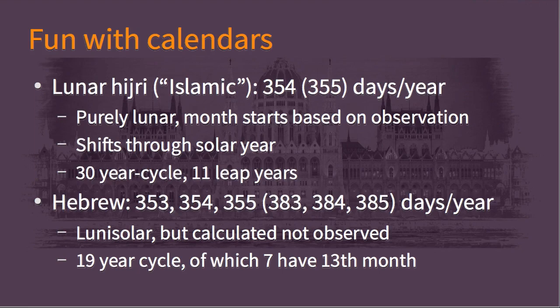Next, the Hebrew calendar has either 355 or 354 or 353 days, depending on some rules. And they sometimes throw in an extra month of 30 days, which makes the year much longer. It is originally based on a combination of a lunar month and a solar month, but they have since figured out calculations which let them figure out which years have the leap month added in. And there's a 19-year cycle, and in 7 of those years, there's a 13th month thrown in.